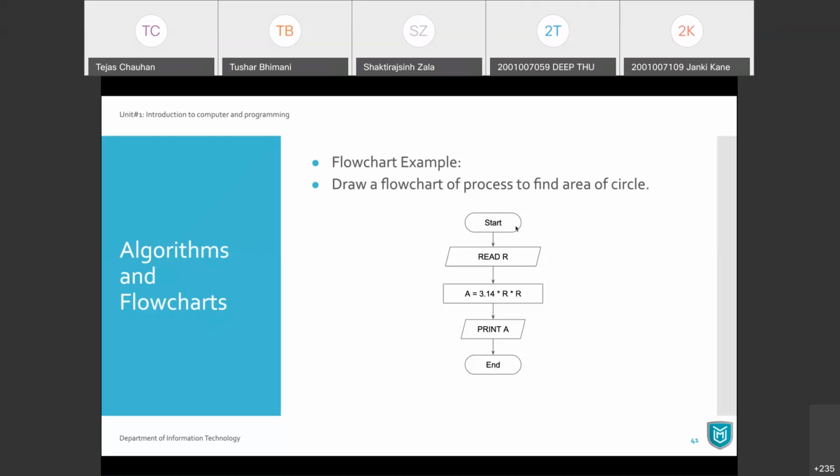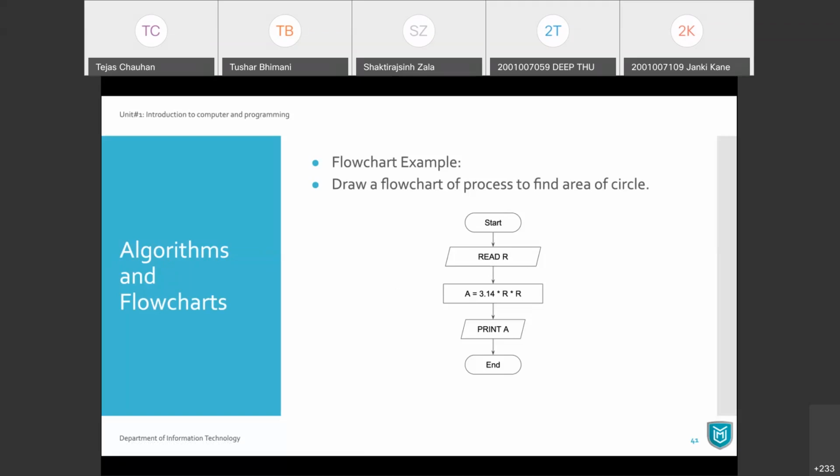Every time, a flow chart will be connected starting from start up to the end. You may have a single path or different paths based on your conditions, but starting from the first start symbol, you will have a path up to the end. Okay, so that's the basic flow chart. Looking at this flow chart graphically, you can quickly understand what process you need to follow here, right?